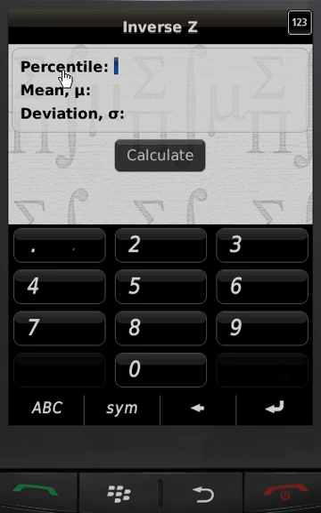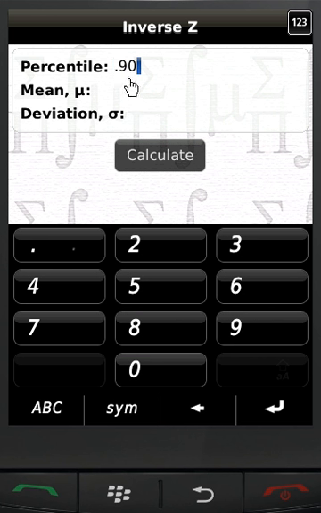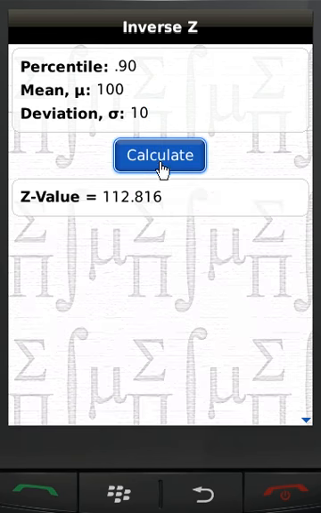Well, the application needs to know the percentile. So if it's the upper 10%, then we must be at the 90th percentile. Remember, percentile reads from the left. So if I'm trying to find the upper 10%, that means 90% is to the left. If the mean is 100 and the deviation is 10, I fill in those values. I click calculate, and I can see that the actual number that separates the upper 10% from the lower 90% is the value